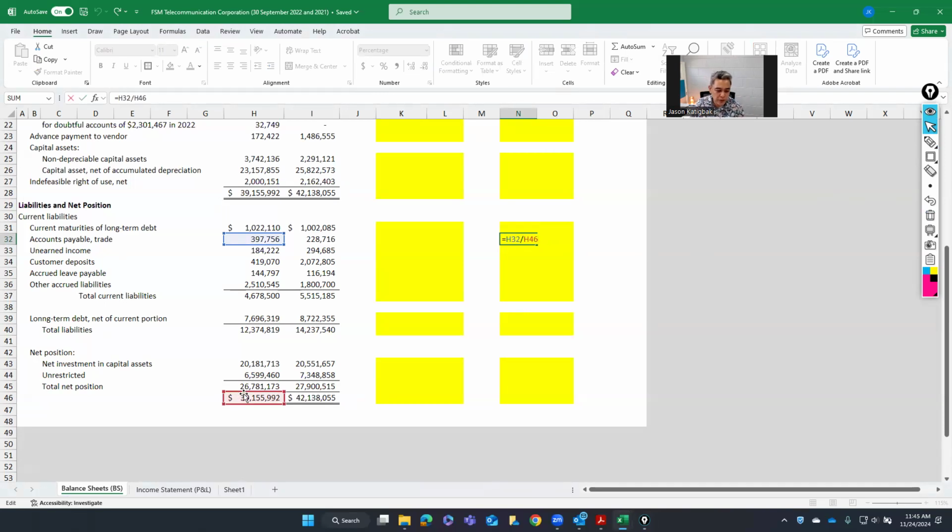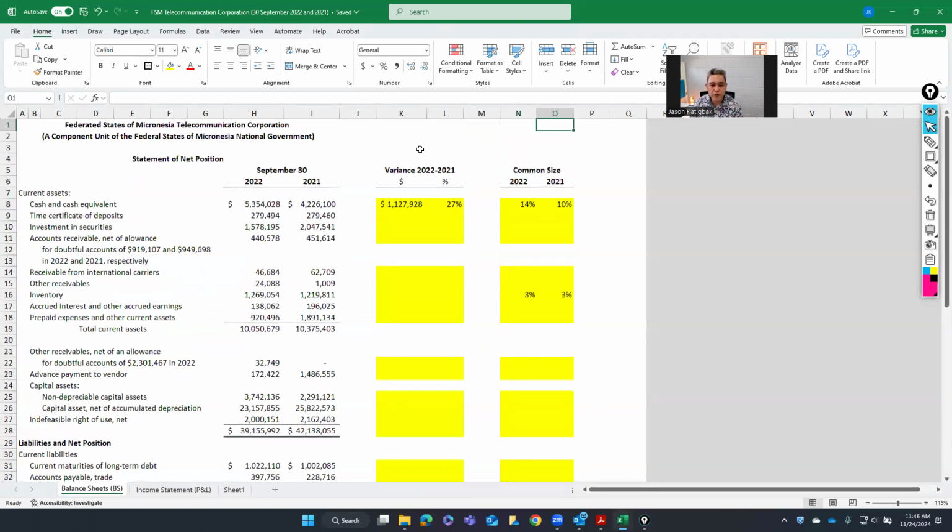If you want, you can do it that way, but technically, it will be good associated with liabilities and net position, short for equity. I move it up or I move it to the right side. It's now on the year prior. Then you would have that. But don't forget to also complete the variance. Now, once you have that,